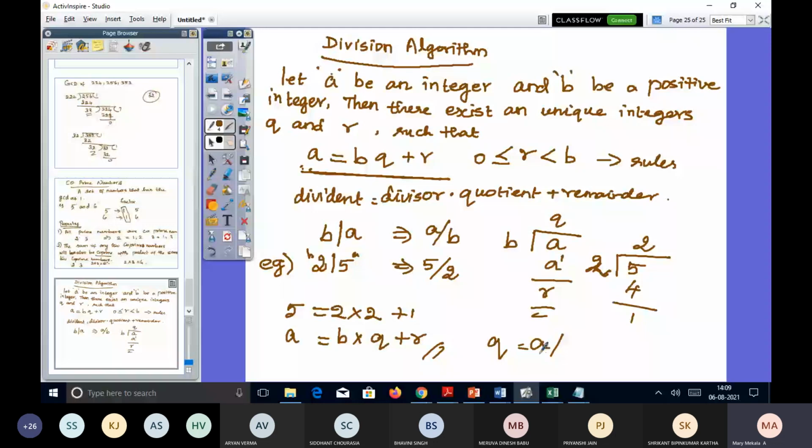Okay, now we can see the next concept. That concept is also very important. From here only we get it. The concept is divisor algorithm. Okay, so how can you give a definition for a divisor? So which one we'll call it as a divisor? So how can the definition be given like this?